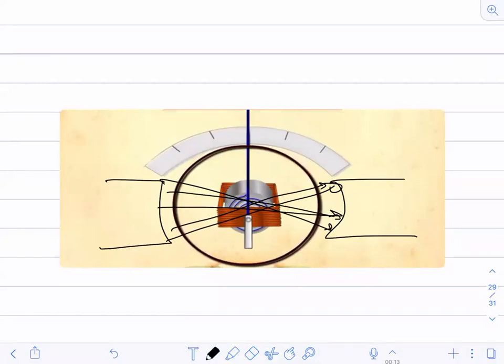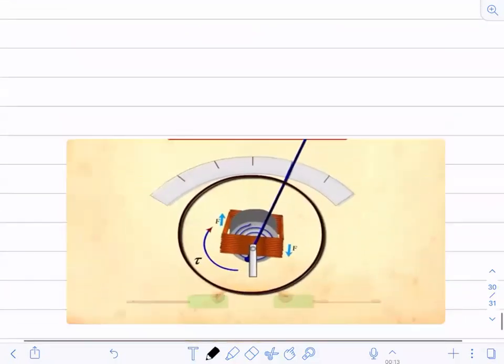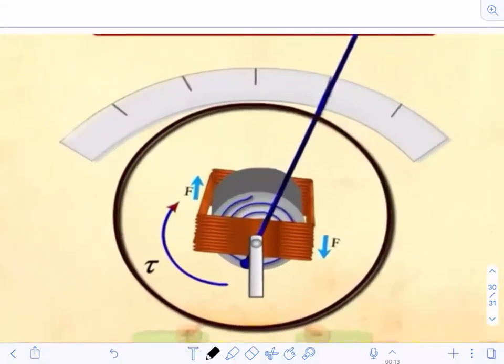Understood? Now what happens? Due to this magnetic field, there will be a torque on this coil. If there is a torque on this coil, a situation like this will happen, where you will have a force in the upward and downward direction, and due to the opposite forces, you will be having